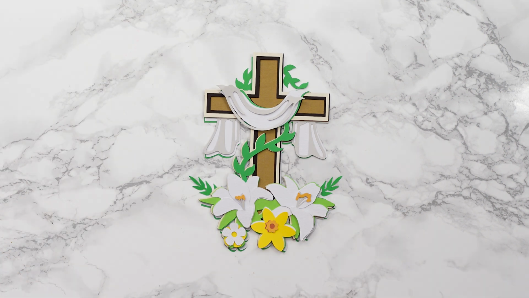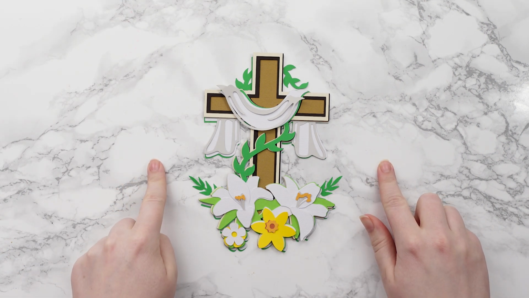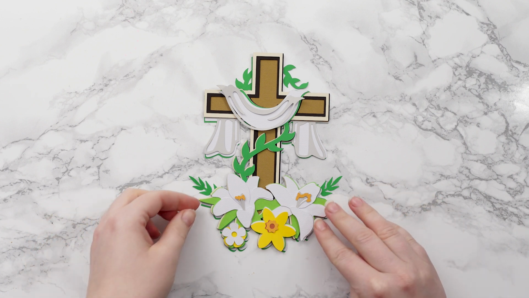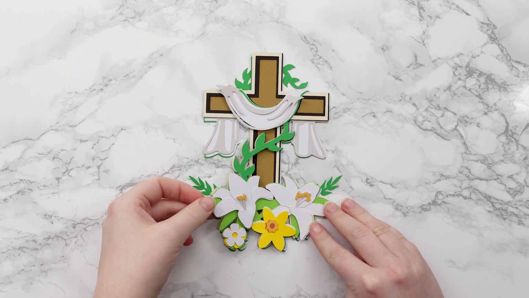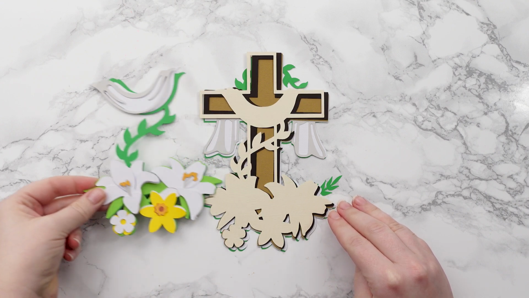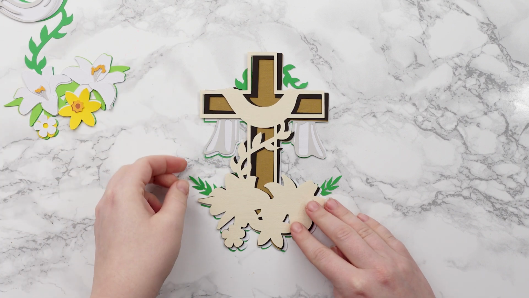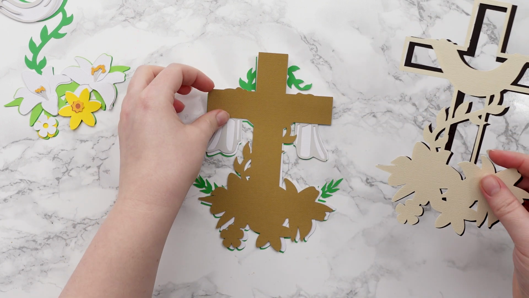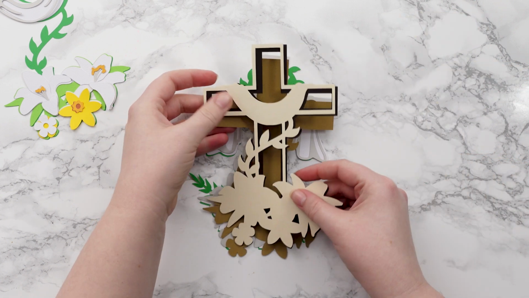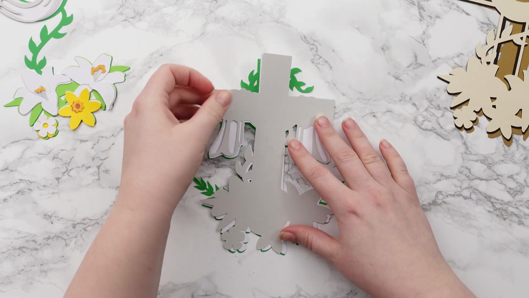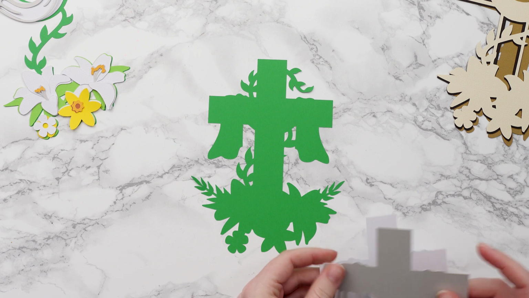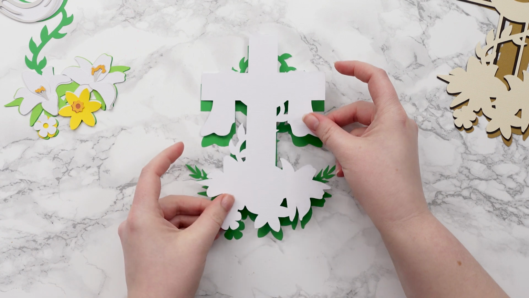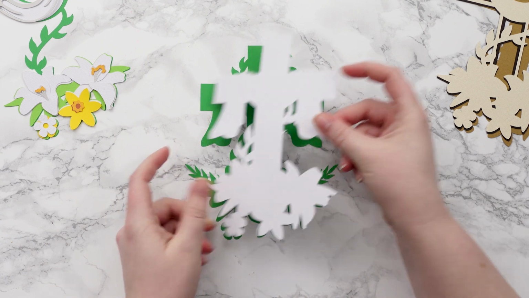As with all my layered designs, we want to start at the bottom and work our way upwards. So let's carefully move some of these pieces apart, trying to keep the vague order that they're in, seeing as I've already gone to the effort of putting everything in place. The very bottom 2 layers are this one, the green one, and then the white layer to go on top.